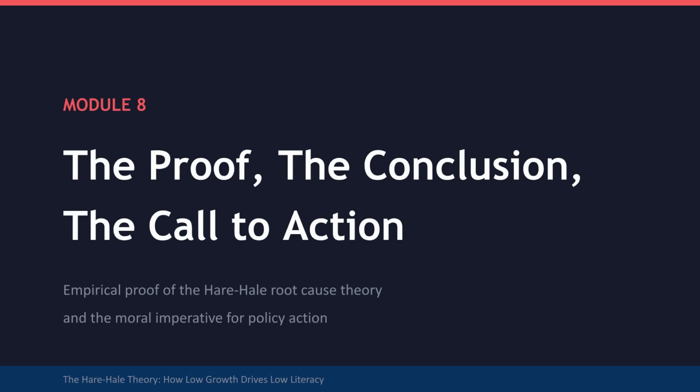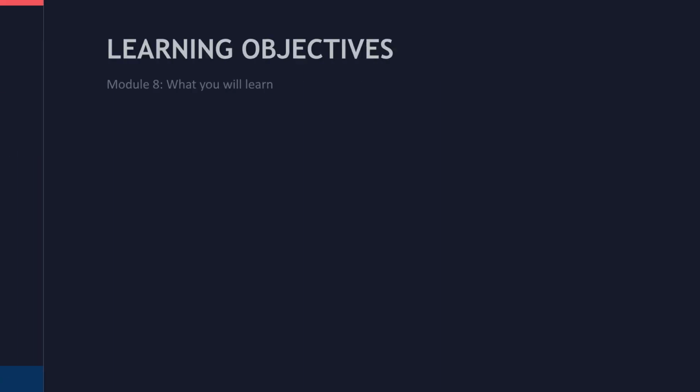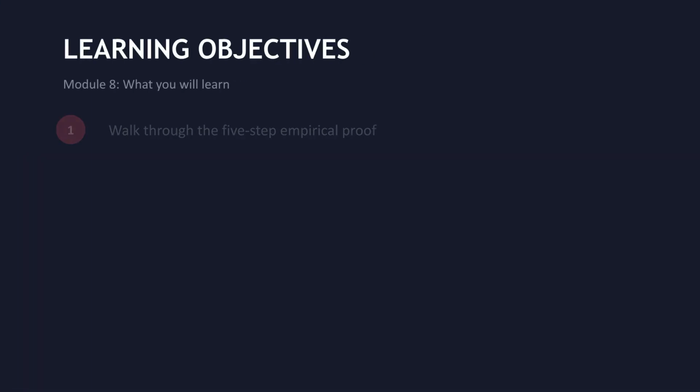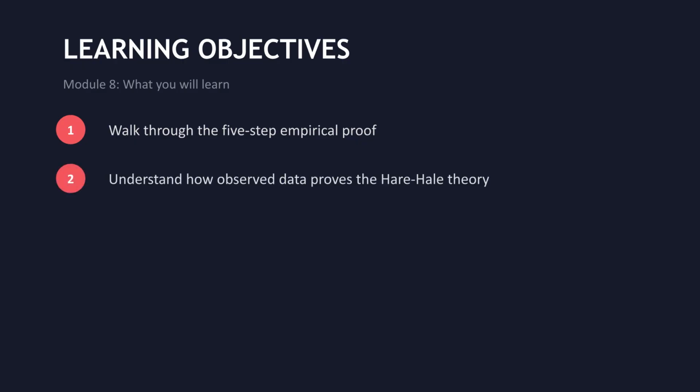Welcome to Module 8, the proof, the conclusion, the call to action. In this video, we will review the empirical proof of the Hare-Hale root cause theory and discuss the moral imperative for policy action. Our learning objectives for this module include walking through the 5-step empirical proof, understanding how observed data